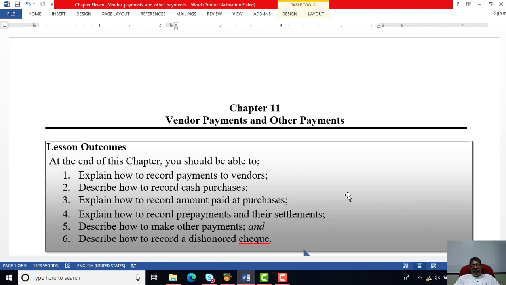Other than that, if I come to the other payment option, there are two major payments which we can make. One thing, sometimes we can refund the money to the customers, right? We can refund the money to the customers when you have some goods returned by the customers to us. If you are liable to the customer and at the end of the year you are not going to deliver the other items to him, you have to return the money to the customer. That return of money to the customer we can also do by using the same vendor payment window. Lastly, we have to make various other types of expenditures.